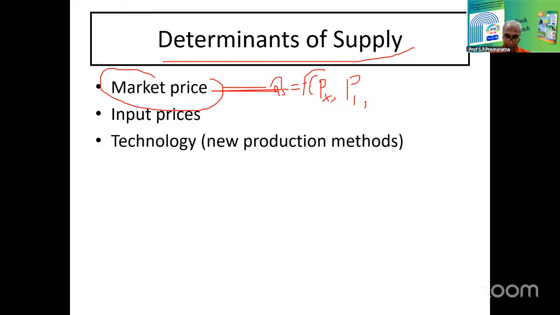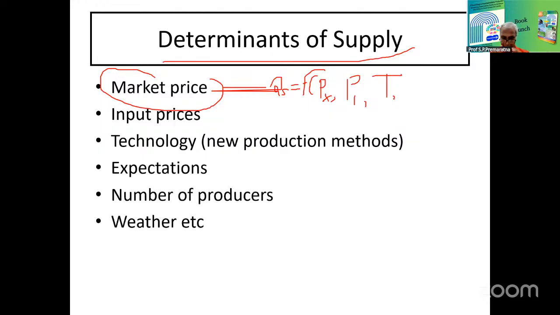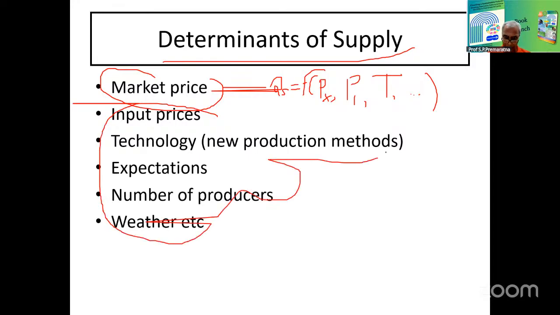And technology is also one of the key determinants, whatever the product considered. In addition to those determinants, there are some other determinants that mainly change subject to subject, product to product, service to service. So whenever these determinants change,